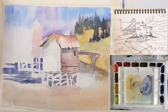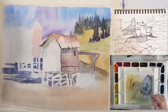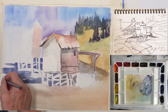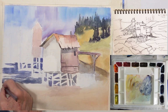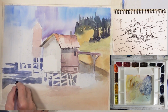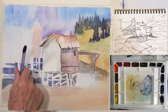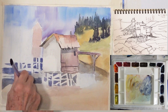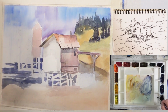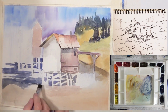Over here we've got some, so we'll just leave it like that. I can come back and put in some of these vertical boards, and we'll end up having some nice looking bottoms of these, hopefully. Down here I'm going to put this in. I'm defining a rock here on the bottom now, and I'm going to leave this water come around it like that. And so I'm really not using a lot of paint. I'm just thinning it out, and here